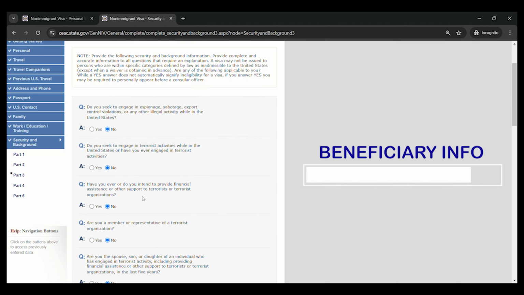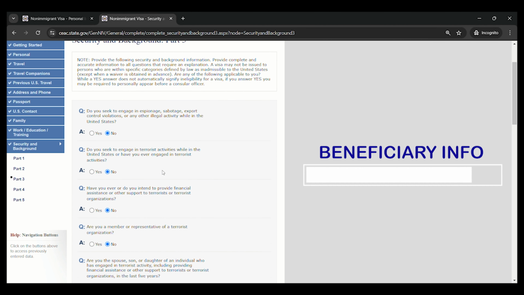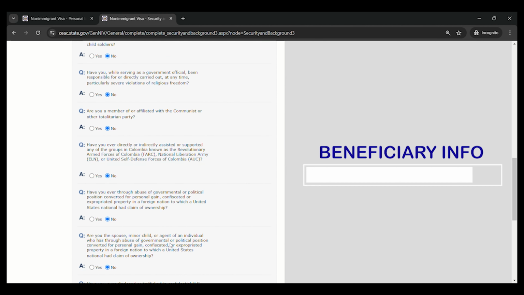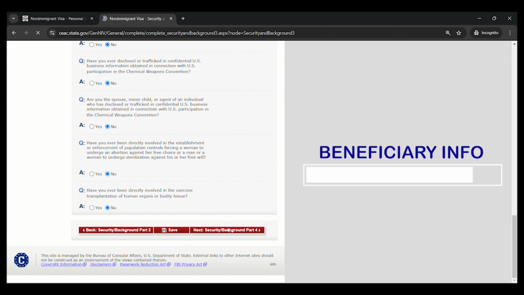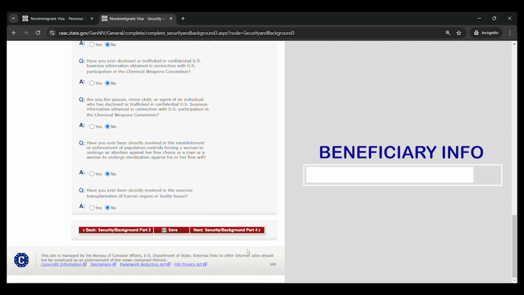For the part 3, just read all of this. These are all security questions in background checking. So you just have to click answer yes or no, whatever is applicable to you. Alright, after you're done with this part, click Save again to proceed to the security and background part 4.